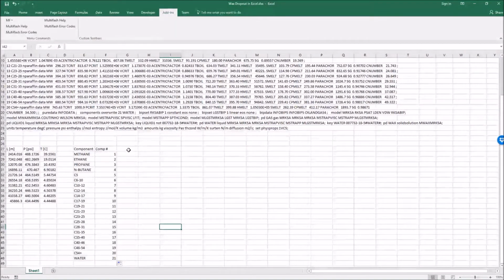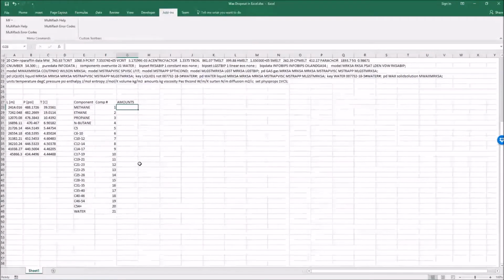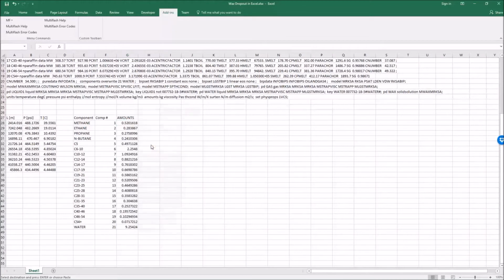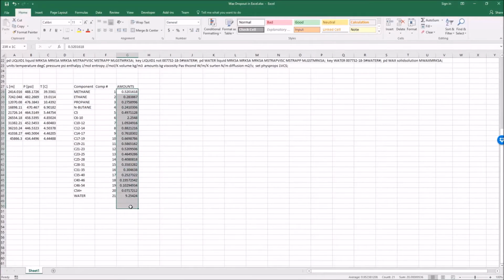The next thing that we're going to want is our amounts. This is going to be our beginning composition that's going to be coming into this particular pipeline. So this will basically be whatever our reservoir composition was, because we haven't had any changes, more or less, in the composition as we go up that wellbore. Again, I'll go ahead and copy that into here. So you'll see if we go ahead and sum these components, this winds up at 20, and because